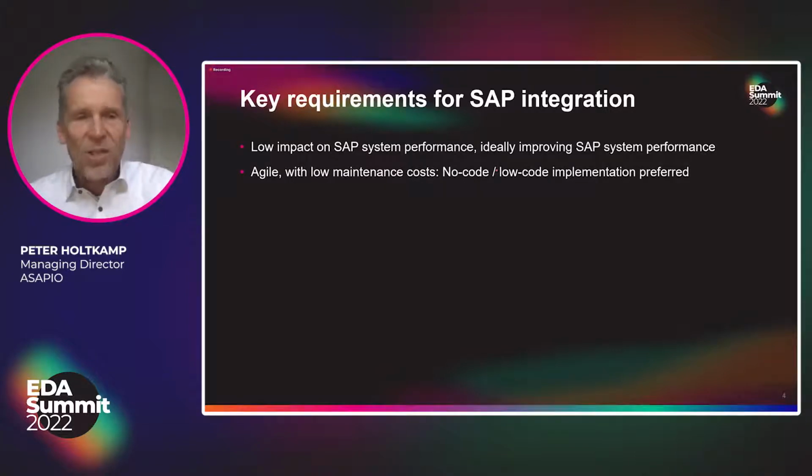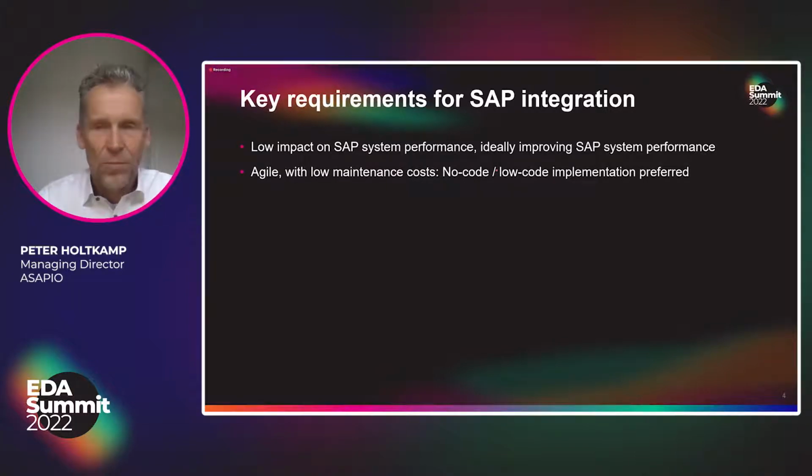Second thing is we have to be agile. Why agile? Let's say SAP lifecycle is much slower than most of the applications we talk outside of SAP. So an SAP project, I mean, I do SAP projects for 25 years now, has a duration of 6 months to 24 months. So slow moving, you first write a blueprint, then you think about what you want to implement, you implement that, so it takes forever.